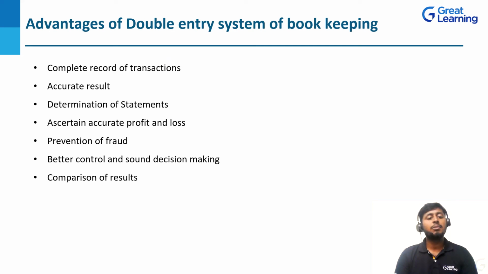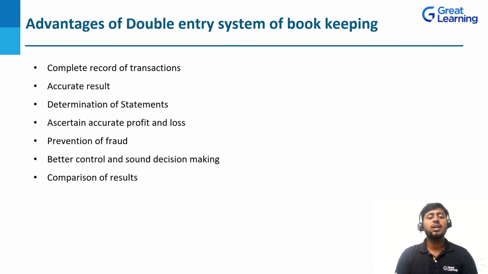So next, determination of statements. Once we have done the statement, whether it may be income statement, profit and loss account, or financial statement, we can cross verify with this double entry system of bookkeeping. Which transactions we have started, what transactions we have recorded, and which amount we have taken to the financial statement, we can do the cross check. At that time we can easily determine the financial statements, if any errors or frauds or mistakes are there. That is also one advantage of this double entry system of bookkeeping.